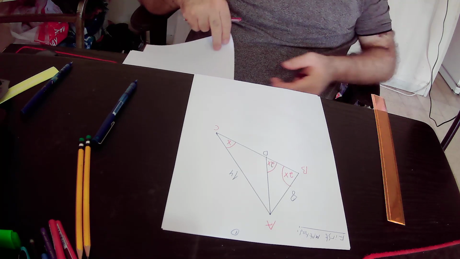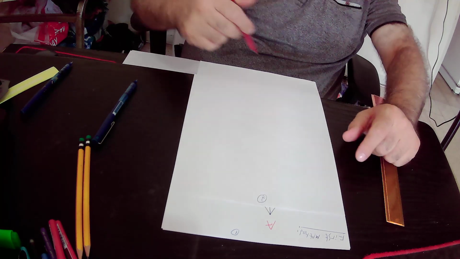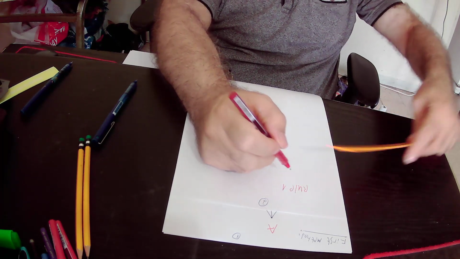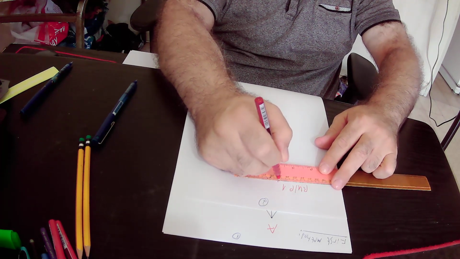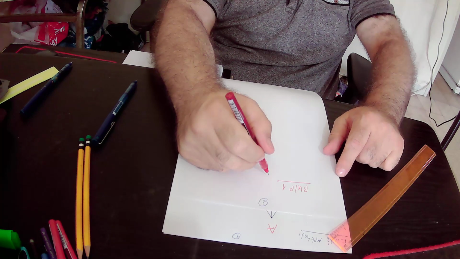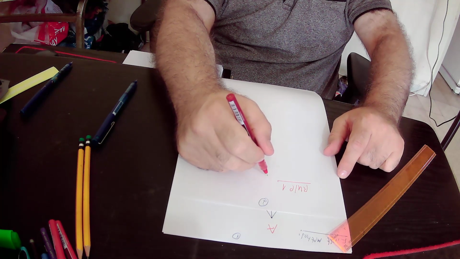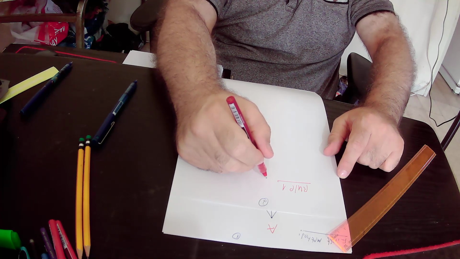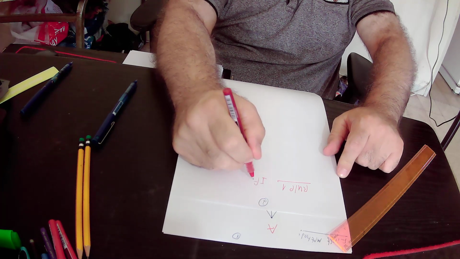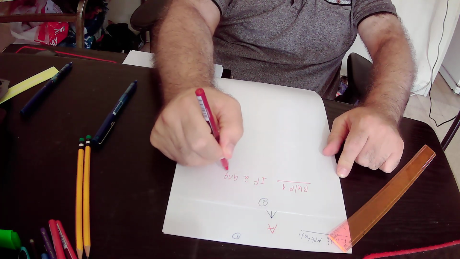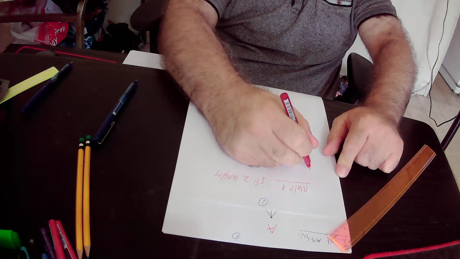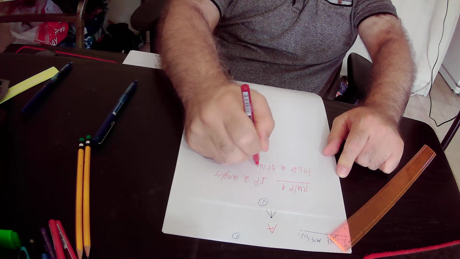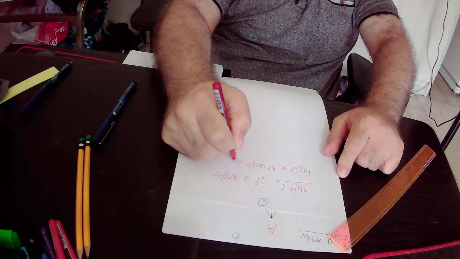And we have a rule, number 1, that states: if two angles inside a triangle are equal to each other,